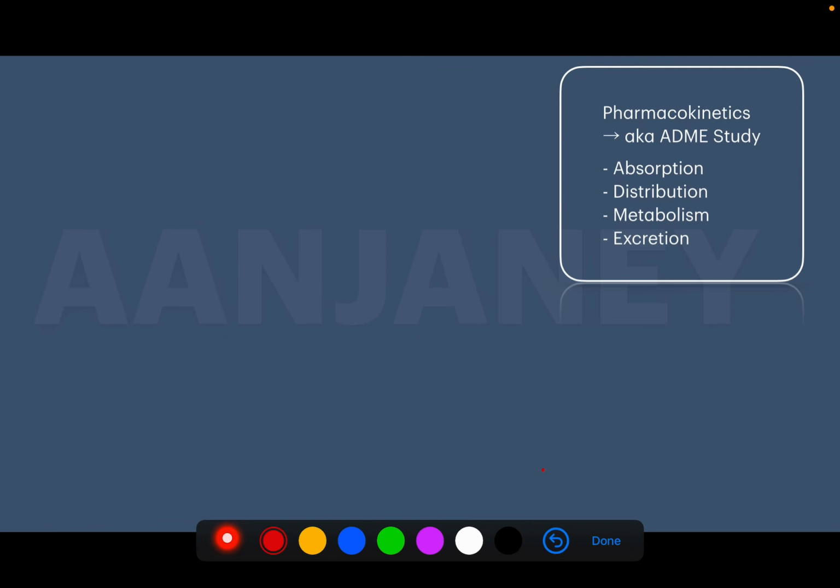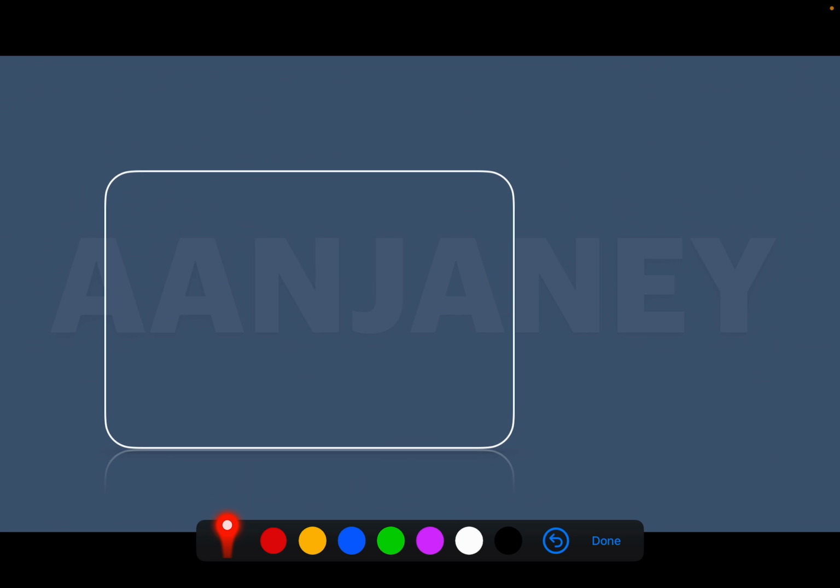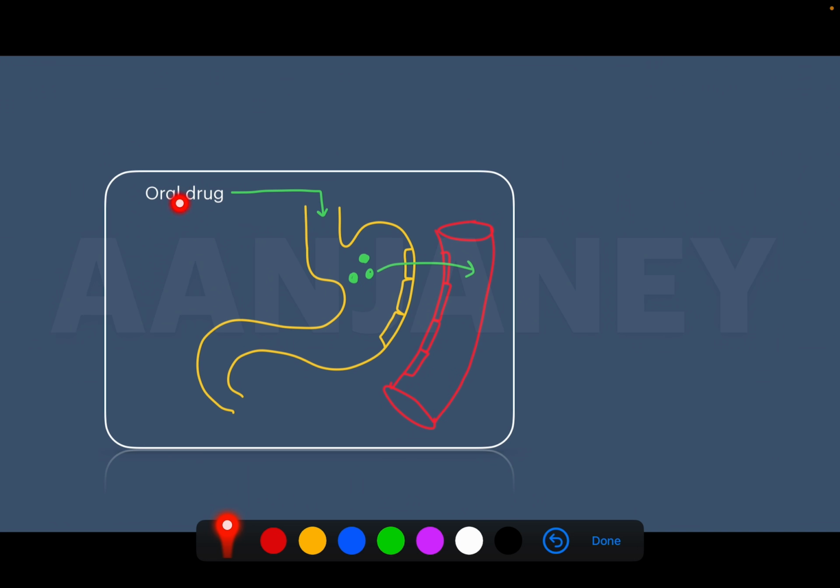So in our ADME study, the first topic of ours is absorption. We are studying absorption in this module. So let's say we took an oral drug. This oral drug goes from the esophagus to our stomach. Now if this drug has to come in the circulation, it needs to cross this cell, and this cell has